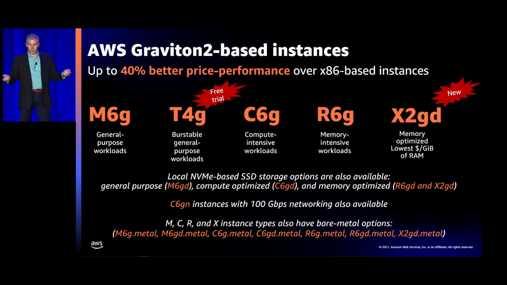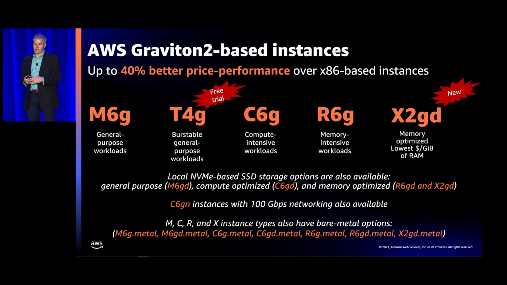So before we move into my next section of the conversation, I promised a little bit of a discussion about Graviton 2. I know you didn't sign up for a Graviton class here, but let me give you a little bit of an overview because I think it's important in your instance selection process. If you've not been following our work in this space, we introduced ARM-based chips at re:Invent. Our first announcement was in 2019. These chips represent a partnership between AWS and Annapurna Labs, which is a wholly owned subsidiary of AWS.